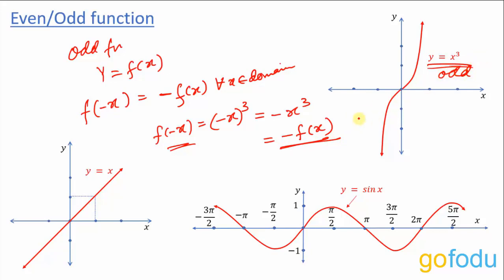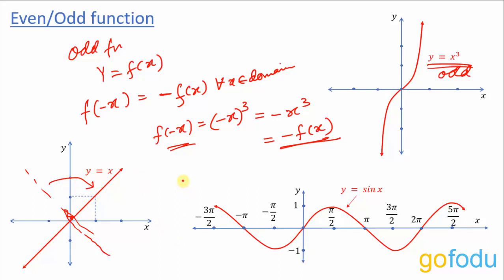All these graphs are symmetrical about the origin. Symmetrical about the origin means the graph remains unchanged when reflected across the x-axis and then the y-axis. So when they are reflected across both the x-axis and y-axis, the graph remains unchanged. For example, if this graph is reflected across the x-axis, then we'll get something like this, passing through the origin. And this line, if reflected across this y-axis, then again we'll get the same original line. So this graph remains unchanged when reflected across the x-axis and then the y-axis, both.